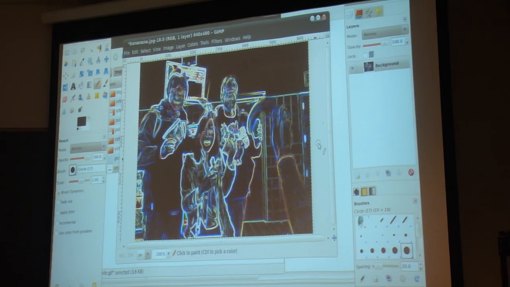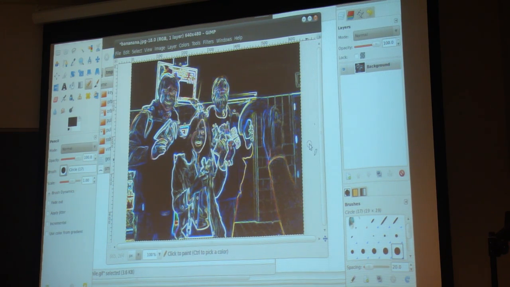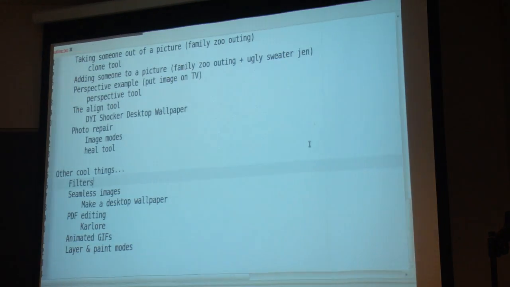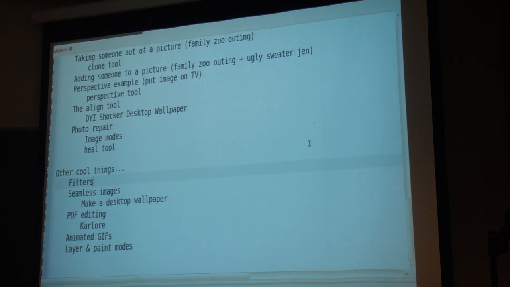That looks pretty good. So there's all kinds of filters there, and there's tons of plugins online that people write, and tons of scripts too. So there's a whole world of things that you can do that I didn't even touch upon in this demonstration. I think I pretty much covered everything that I wanted to. If you guys have any questions, or if you would like to see anything,